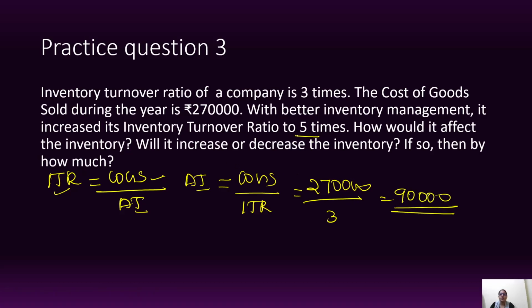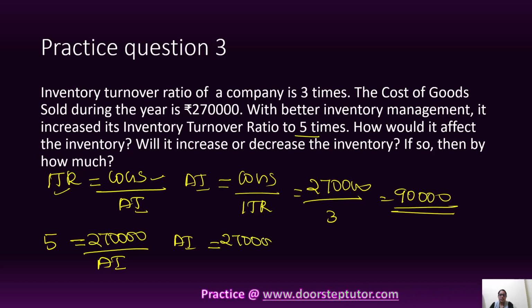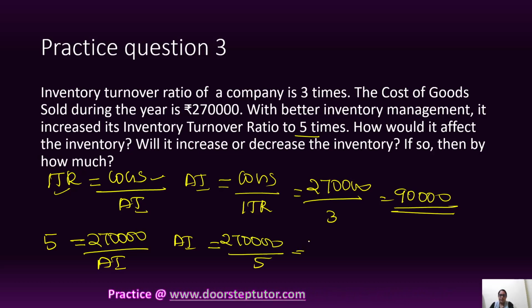Now the inventory turnover ratio increases to 5. What will happen to the inventory? That means cost of goods sold remains the same, but the inventory amount changes. We have to find out the value of inventory. So now the inventory turnover ratio is 5. Cost of goods sold is 2,70,000. Average inventory is equal to, cross multiply, 2,70,000 divided by 5,